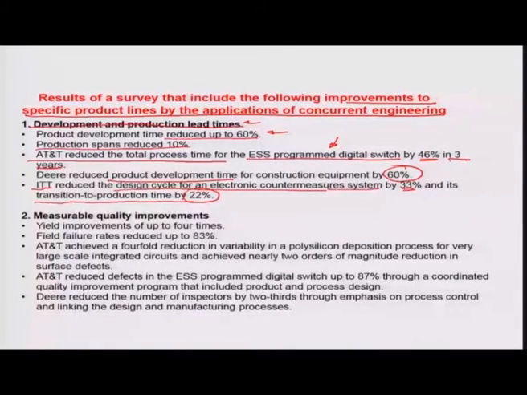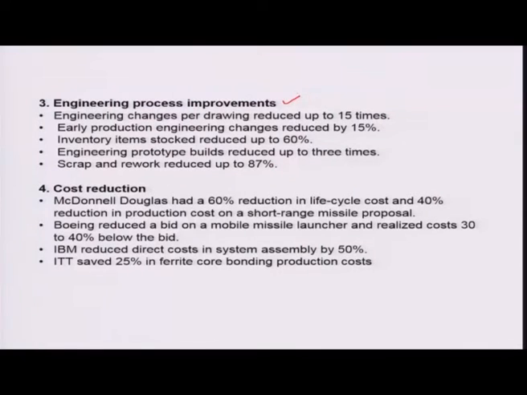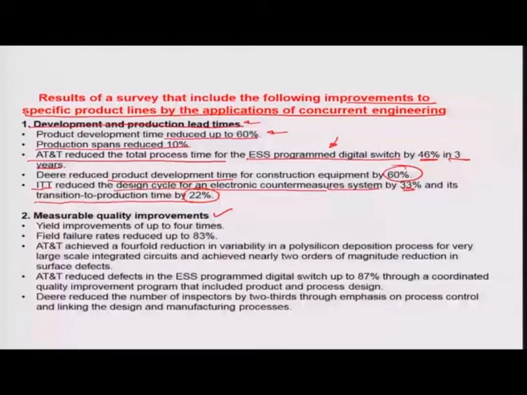So, there are numerous such examples in terms of measurable quality improvements, engineering process improvements and overall cost reduction, where a lot of companies have shown reduction in the overall cost or increase in overall process improvement through concurrent engineering philosophy. For example, if you look at quality improvement, yield improvements of almost up to 4 times have been recorded. Field failures, for example, reduced up to 83% in the case of AT&T, which achieved almost a 4-fold reduction in variability in a polysilicon deposition process on a microchip production line for very large scale integrated